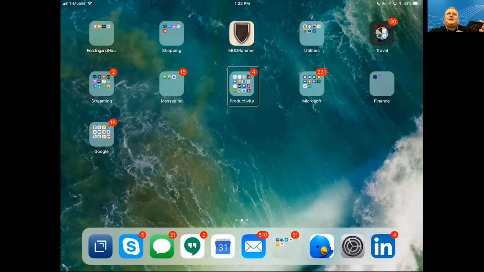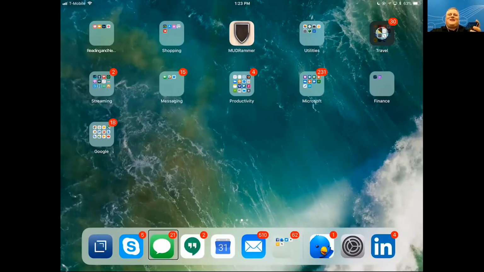So as I touch icons on my screen, 8 items, reading and news, shopping folder, 5 apps, finance folder, 2 apps. Double tap to open. It's reading me what's in those, how many apps are in the folders, or how many notifications I have. And I have a lot of them. For example, Hangouts, 2 new items. Messages, 21 unread messages. So I can see that I have 21 unread messages, which means that I have a lot of folks I